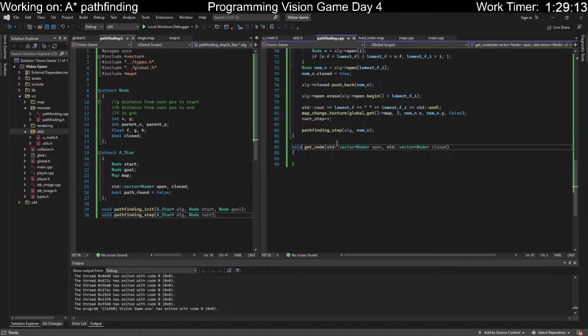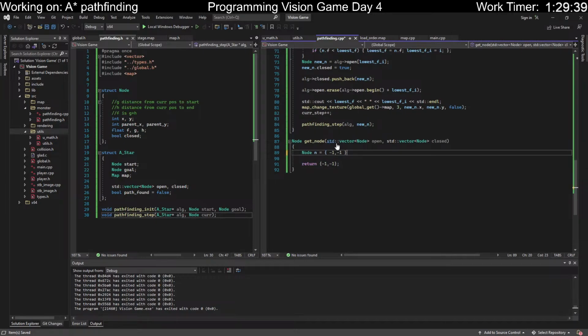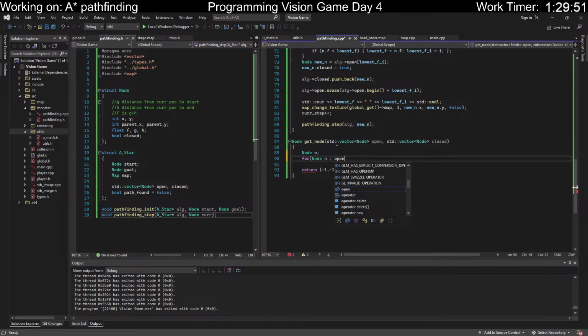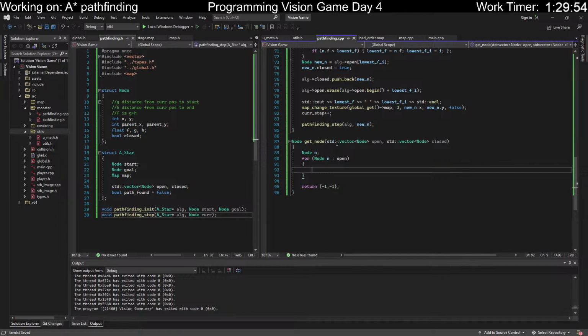And then we're going to return a node first of all, a node called n, and we'll just return n right here. And then have n right here. And then 4 times, we can just do for node n in open, check if, oh, and then we have to do